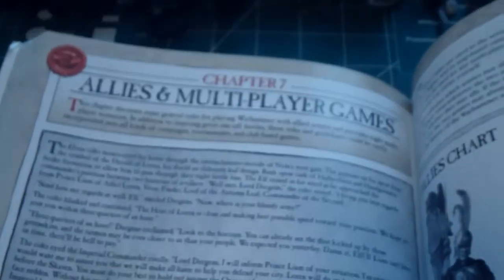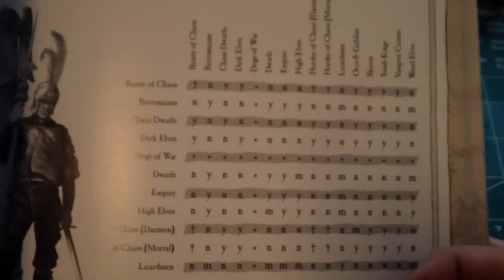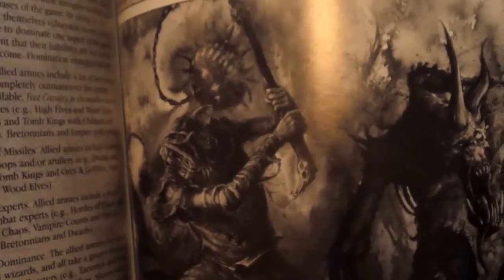And then here, you've got allies and multiplayer games. They've got some of this in the basic rulebook, but I don't think people pay attention to it that much. And so this is the allies chart. Everybody's dreading what could happen if GW could formalize allies inside Warhammer Fantasy games in the next edition. Well, you kind of can do it now. It's not a percentage of your army, but